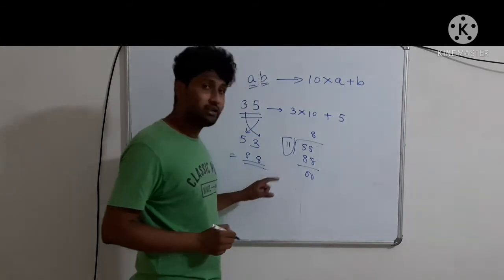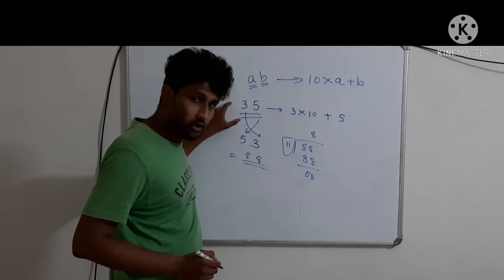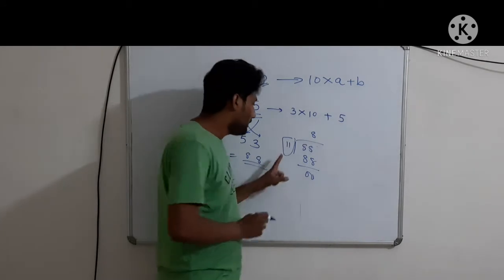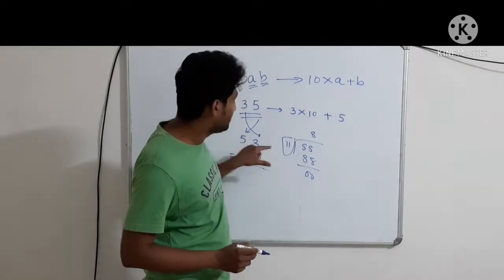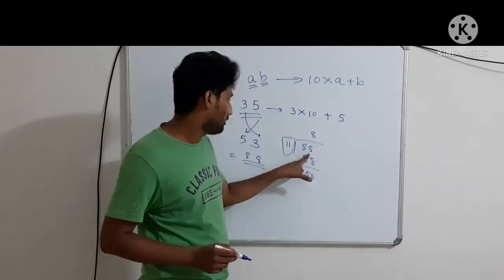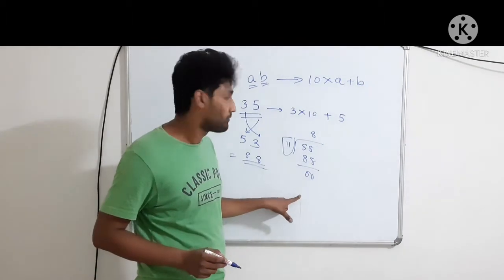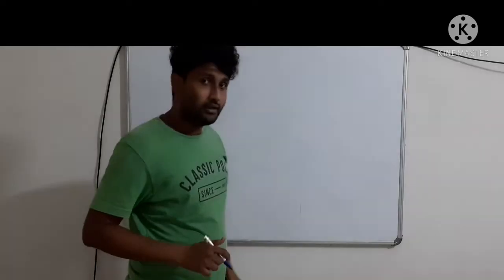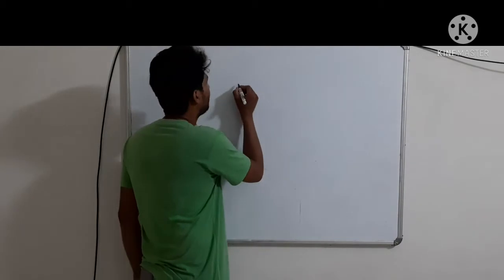So you can see that the number which was formed by the addition of a number and the reverse of the number is divisible by 11 because the remainder is 0. So this number 88 is fully divisible by 11, right? Now let us try to find out if this works for other numbers also. Let us take another 2-digit number.